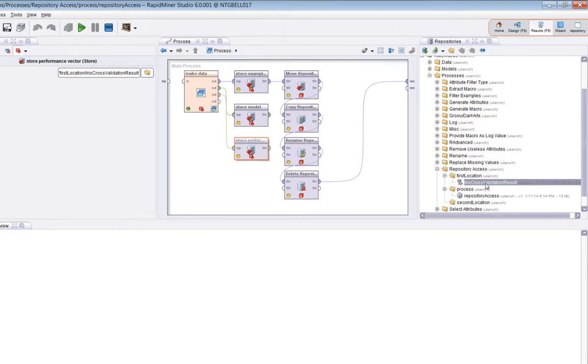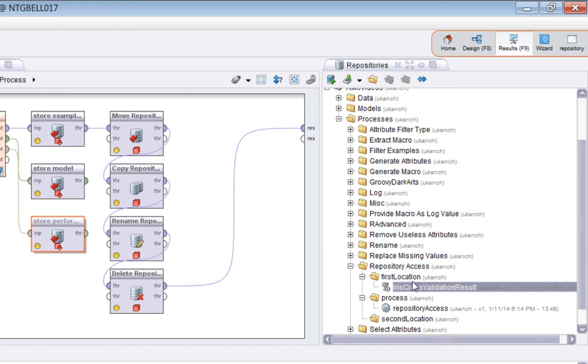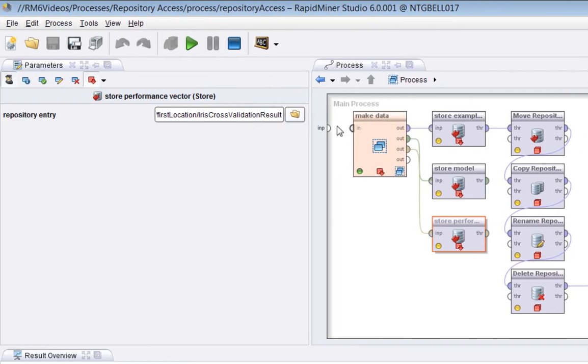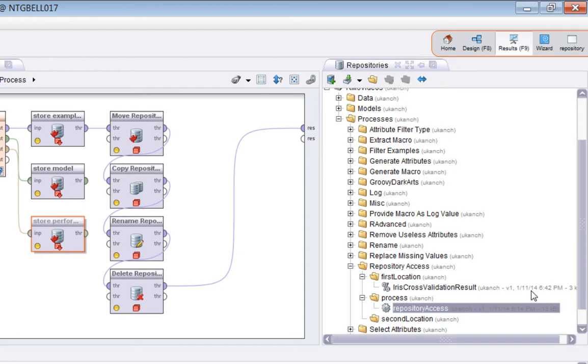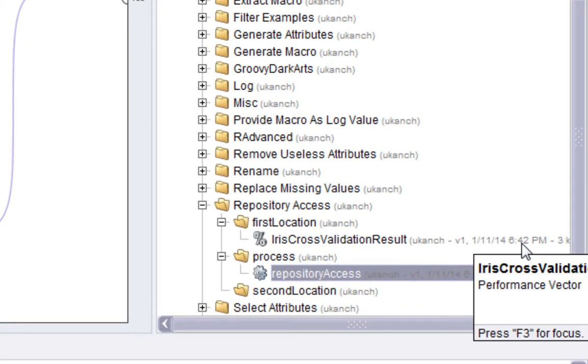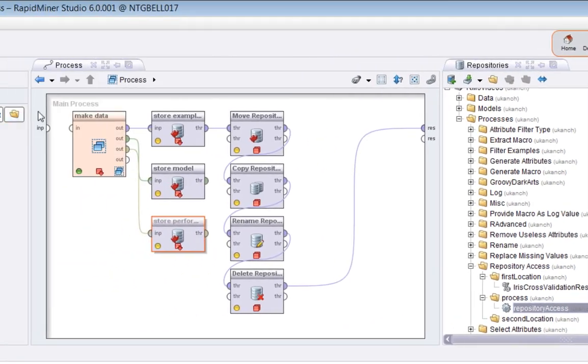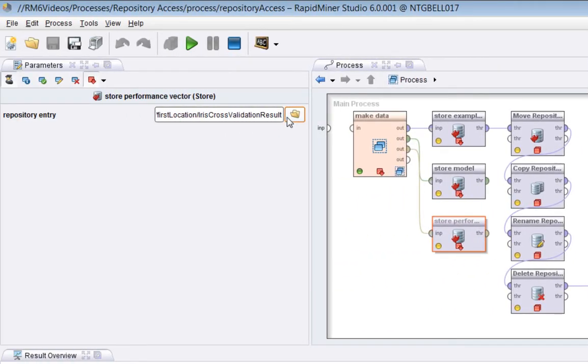So you can see that this has turned up in a location within a repository called first location. And you can see if I look at the parameter here, first location, iris, cross-validation result. If we look at the date and time here, I can tell you it is indeed 6:45. So we can be fairly confident that it's actually done something. If we look at the details of that parameter,